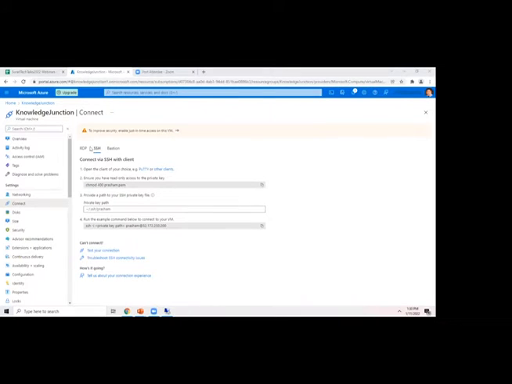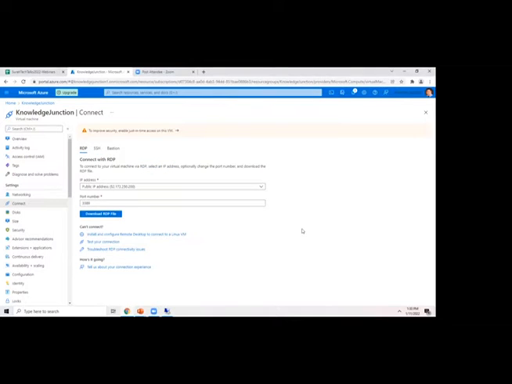But since we are more like Microsoft guys, we connect visually, so I use RDP. There are several steps to connect this Azure virtual Linux box with RDP.